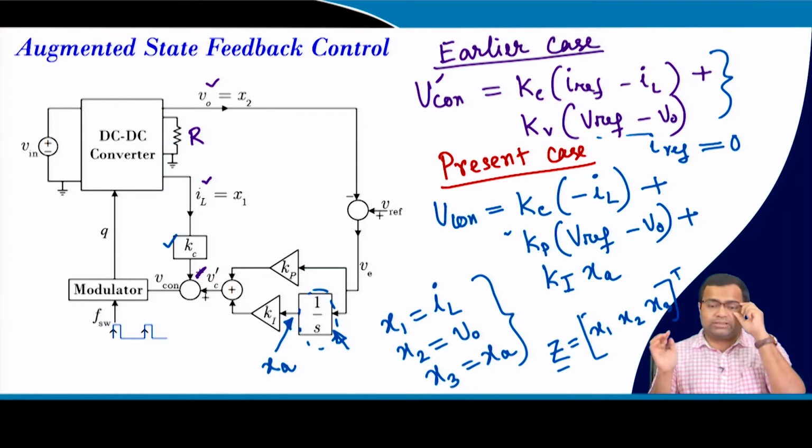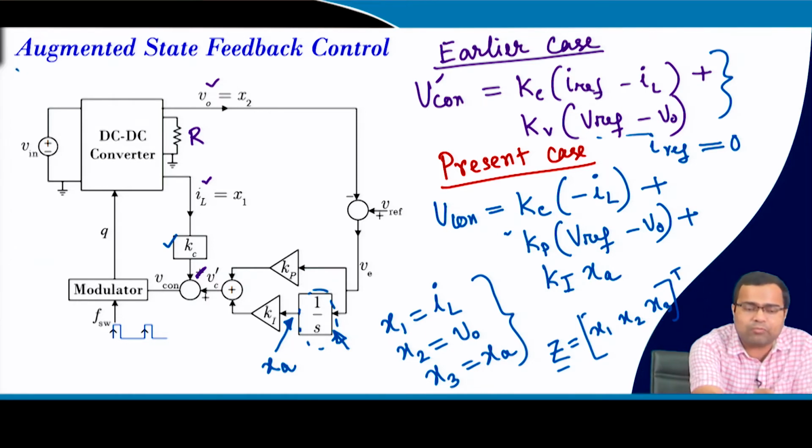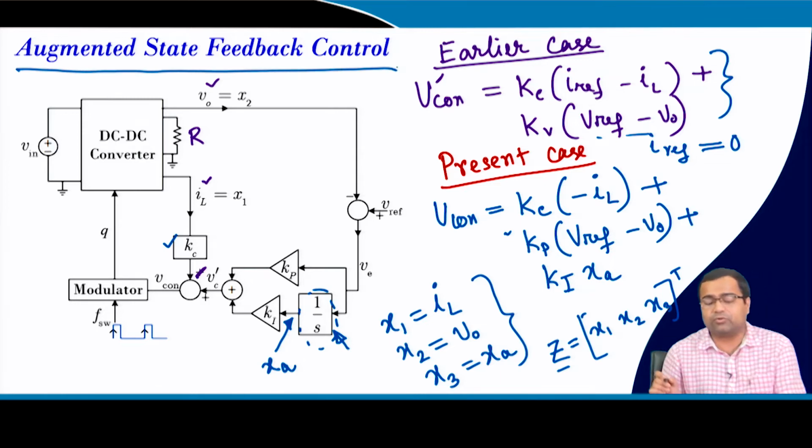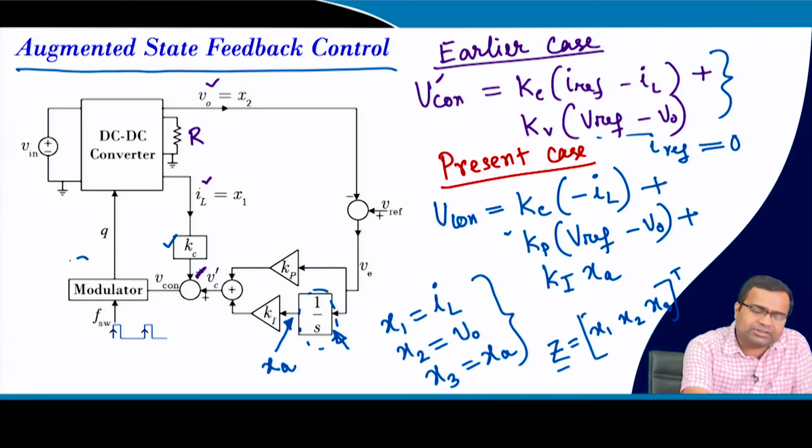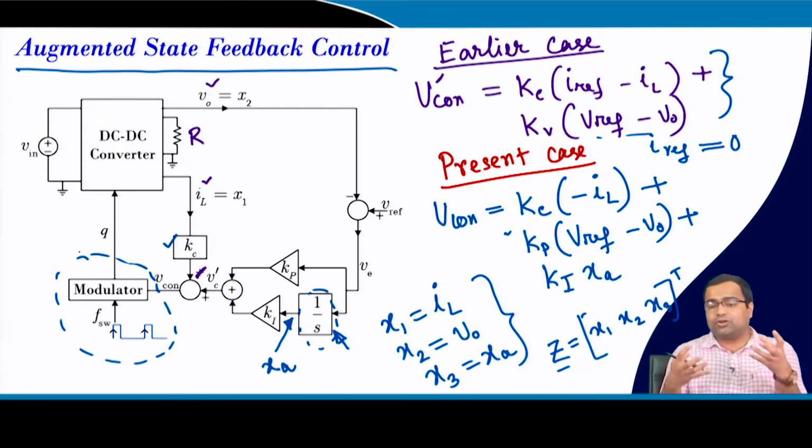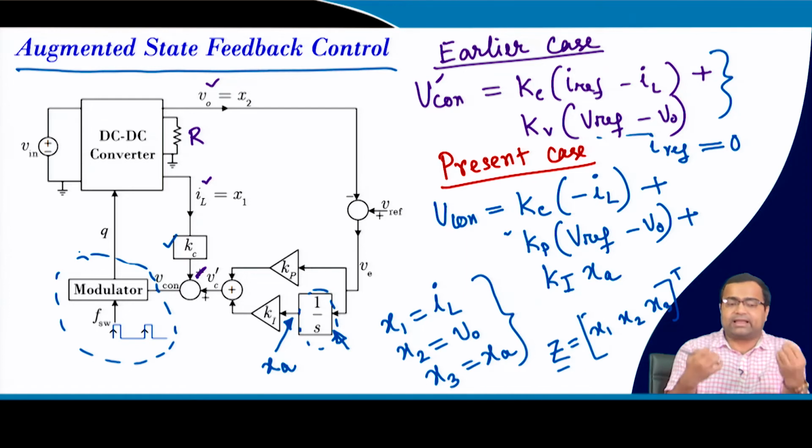This configuration is called augmented state feedback control, where we can incorporate the integral action and achieve 0 steady state error in the output voltage. And the remaining structure is the same. There is a modulator which converts this control voltage into a gate signal,